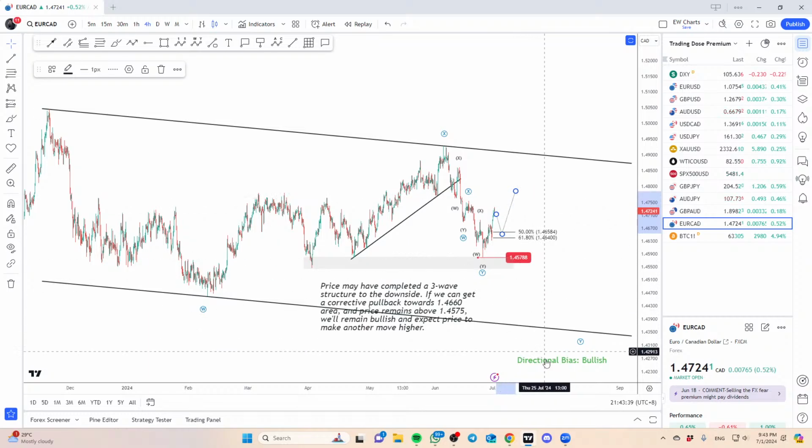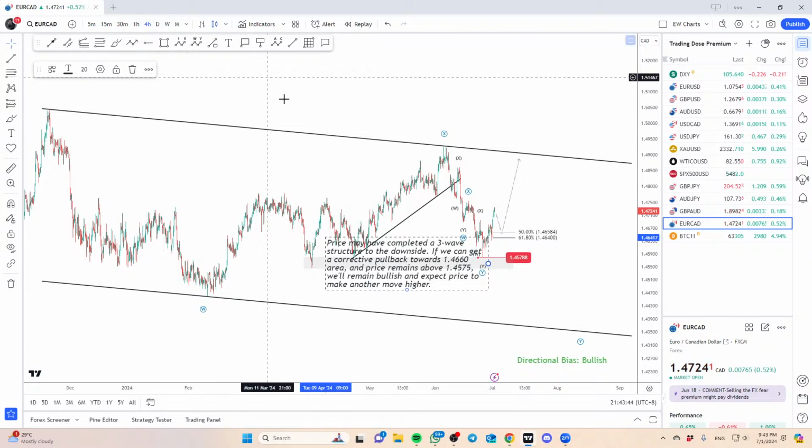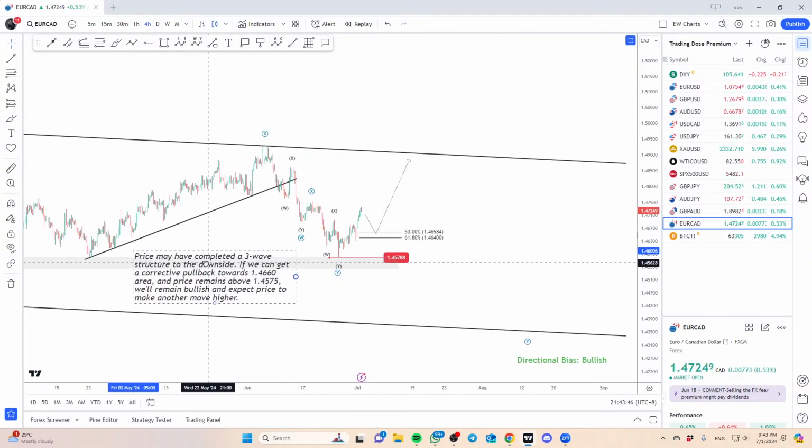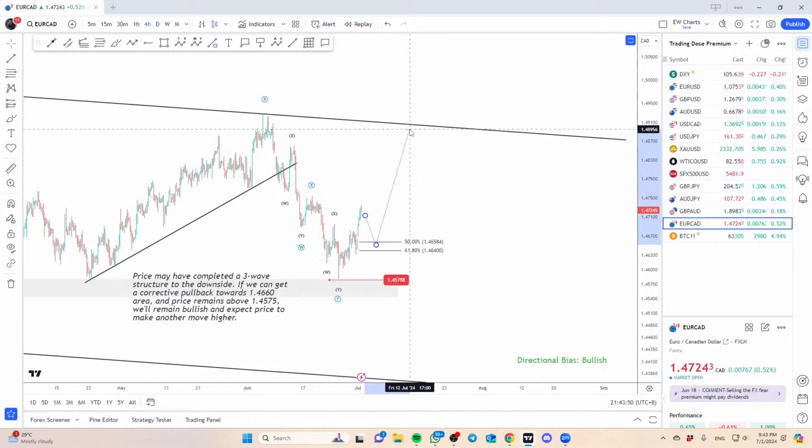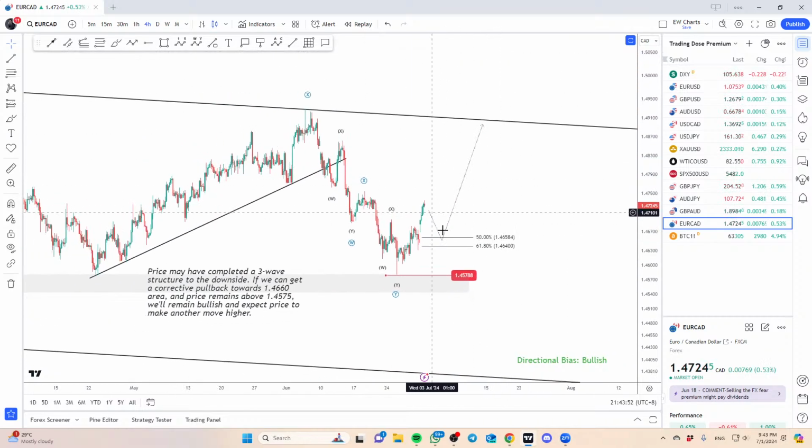Then we get one more pushback to the downside. Possible as well, right? But I think overall right now, I'm just interested to see whether we get that short-term upside or eventually the breakout itself. I'll be waiting for the pullback, right? If you can get that, I think I'll still get involved in it, because